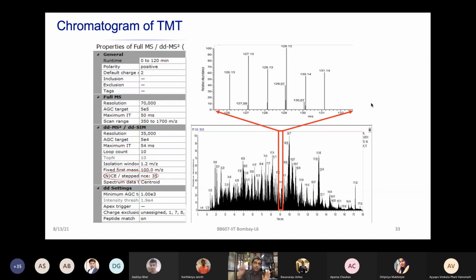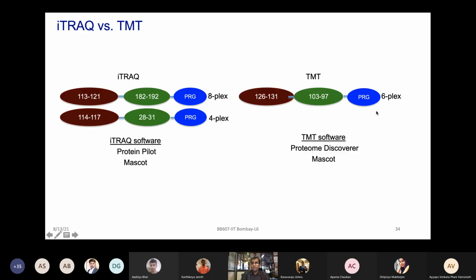Everything you can monitor in one single reaction and look for the temporal dynamics of the entire proteome, how it is changing, how it is modulated because of the drug which you have given to the cell, or because of the stress which you have induced to the cell. Because you are doing everything in the reaction with one particular multiplexing, you are going to see much more reproducible data, right? So this is a very elegant way of thinking how to look at your complex data sets at the proteome scale by utilizing these types of multiplexing experiments.